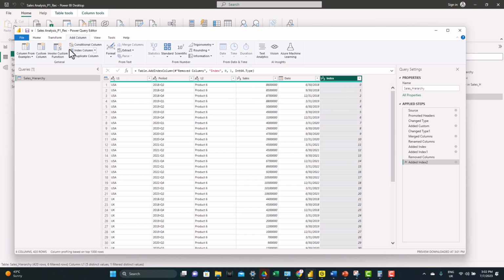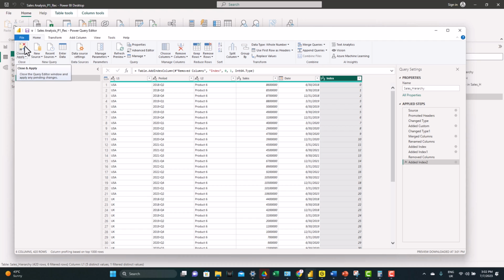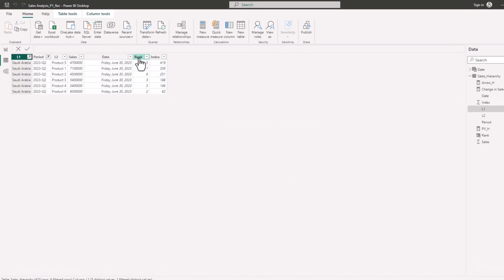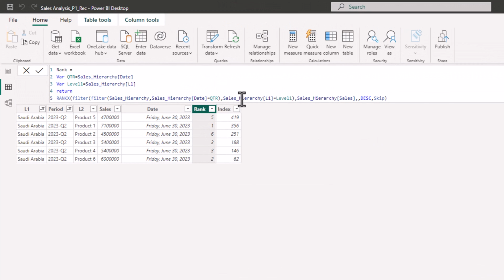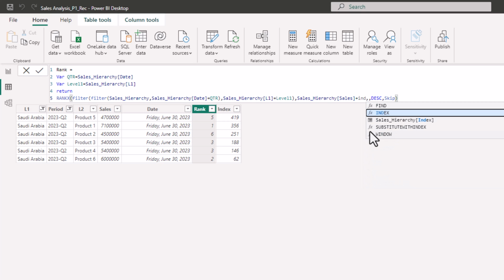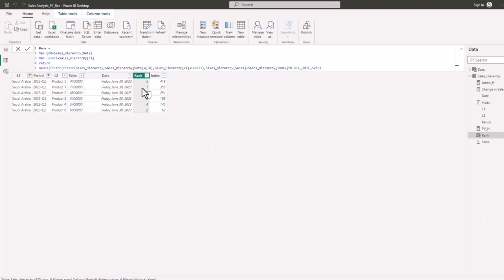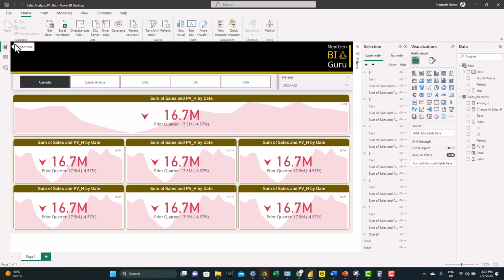So let's close and apply, and we go back to our function, the rank function, and instead of using the sales alone, we'll just add the index to it, just to break the tie. And just to make sure it will not affect the ranking, we will multiply it by a very small number, like 0.001. Hit enter, and we can see that the tie is broken now. Now the ranking system is ready.